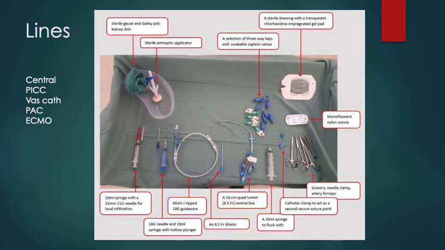I put this in here really just to make the point about the sequence of events inserting a central line, and just taking time, particularly for those of you who are just starting out putting in lines, to have a very conscious thought about your setup, what you need running through in order with your equipment before you start, and just really sticking to that same setup the entire way through, whether you've done 5 central lines or 5,000 central lines,